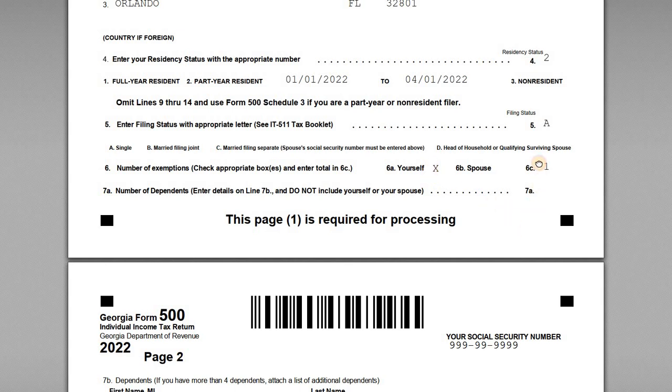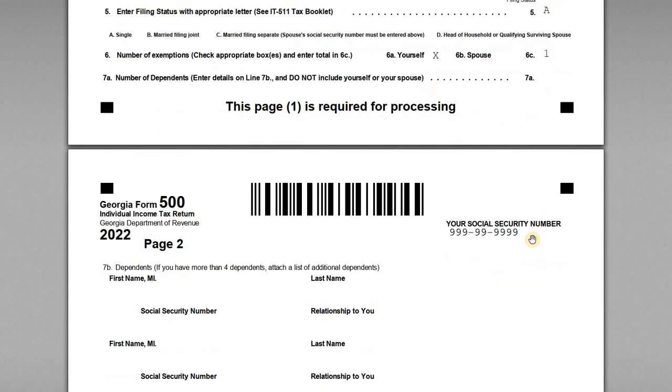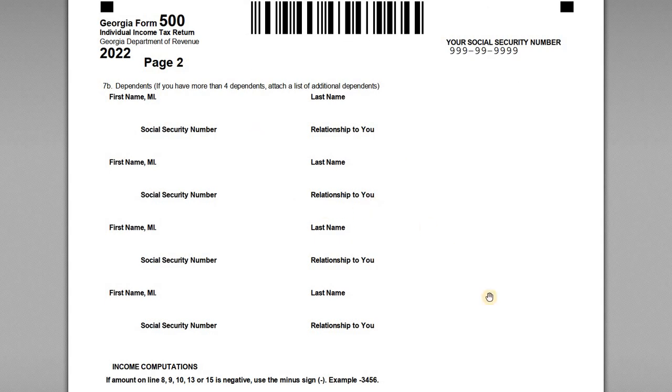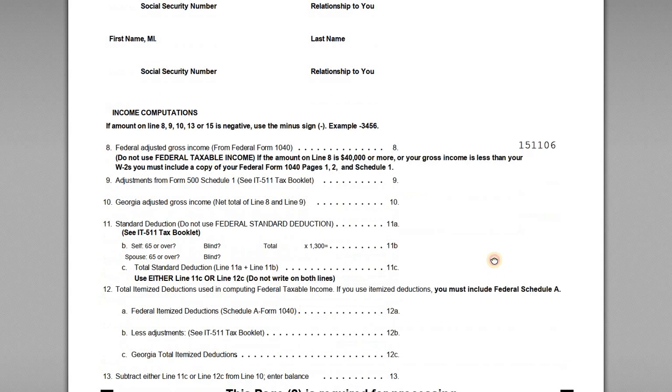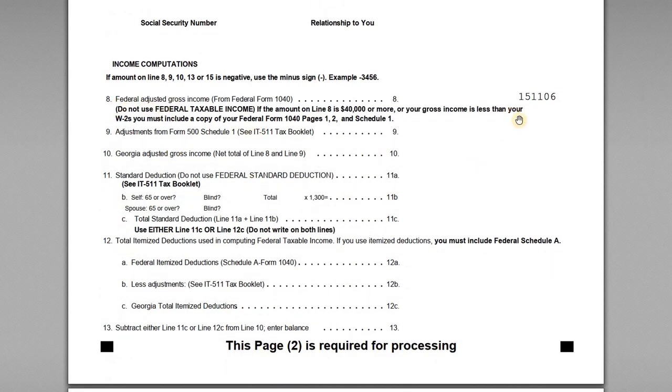So one exemption. If you had a spouse, you would get one. If you have dependents, list the dependents. Dependents can get you additional exemptions as well. And going down to line 8, federal AGI,